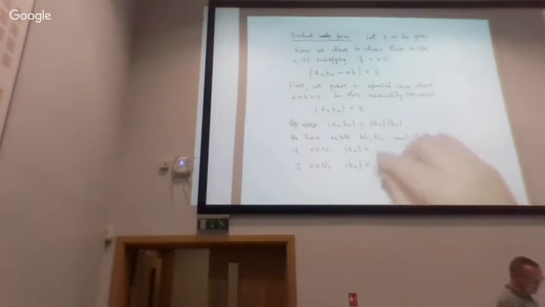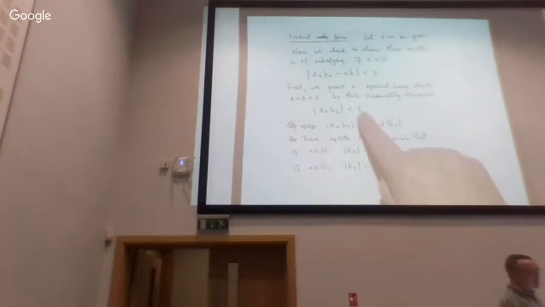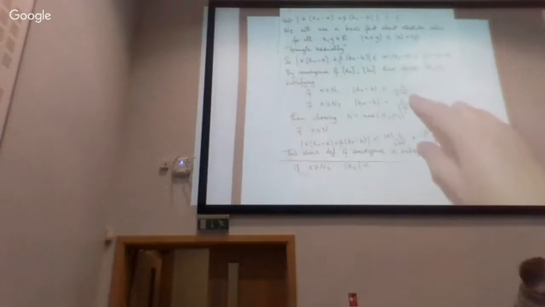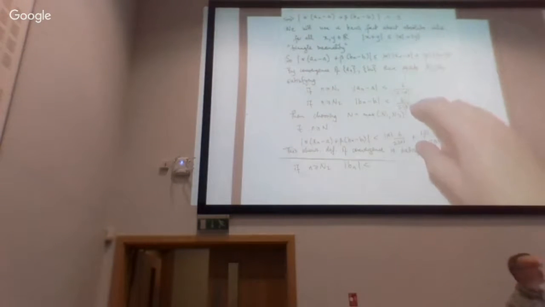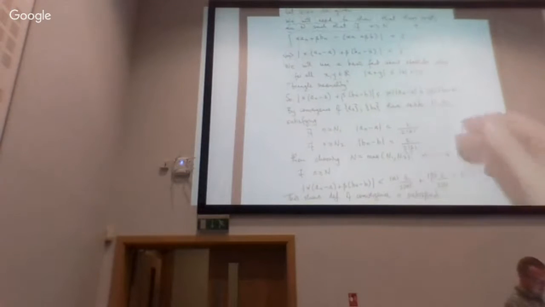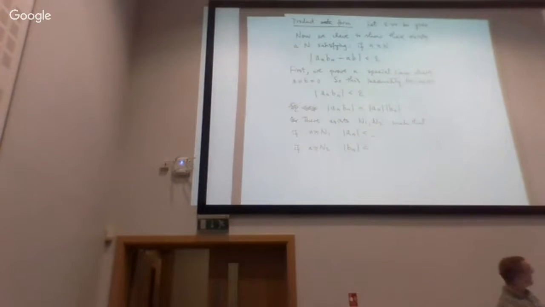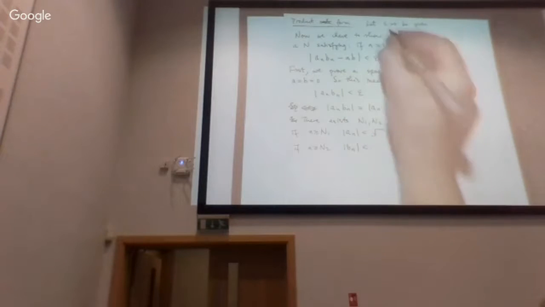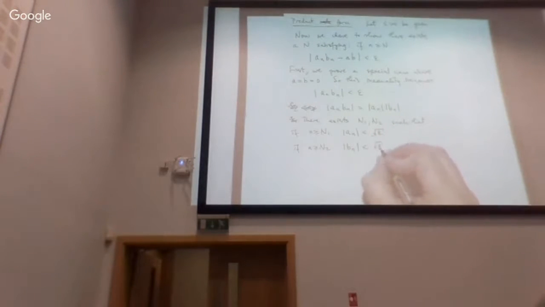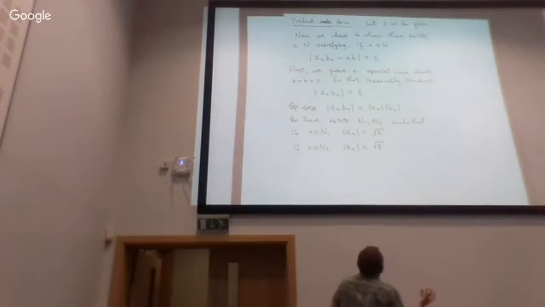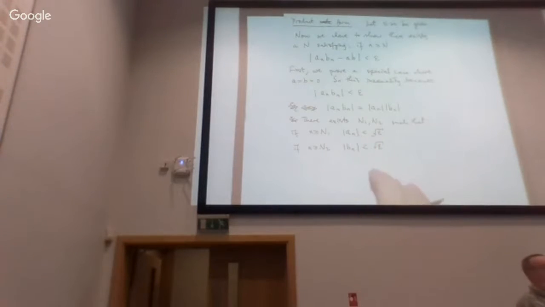I want to see them get small enough so that when you multiply them together, you get something smaller than epsilon. Well, before we waited around until they more or less got smaller than half of epsilon, so that when you added them together, you got something smaller than epsilon. Root epsilon. Yeah. We're just mirroring the operation that's at work here. Epsilon is a positive number, so the square root of epsilon will be a positive number. And I know they're converging to 0. So if you wait around long enough until points n1 and n2, you will eventually see them get smaller than root epsilon.